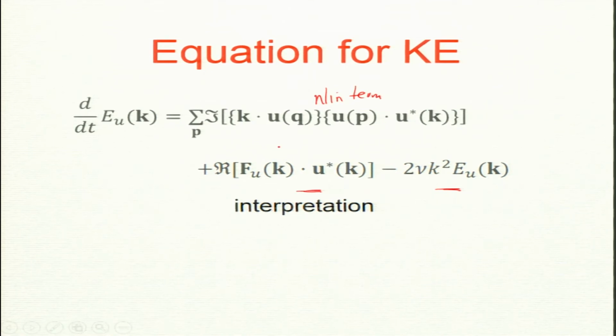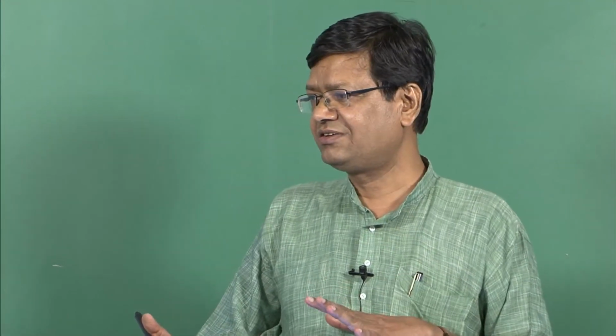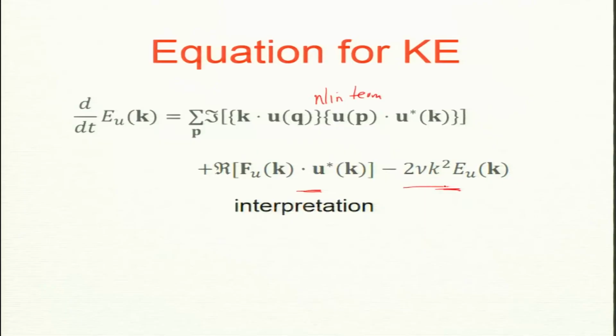For example, buoyancy can give energy to a Fourier mode, that is why it is rising, going up, and it loses by viscosity. In fact, viscosity is taking energy from each Fourier mode. This is always negative, with a minus sign, but this could have both positive and negative sign, and this also could have both positive and negative sign. Positive means it is gaining and negative means losing.